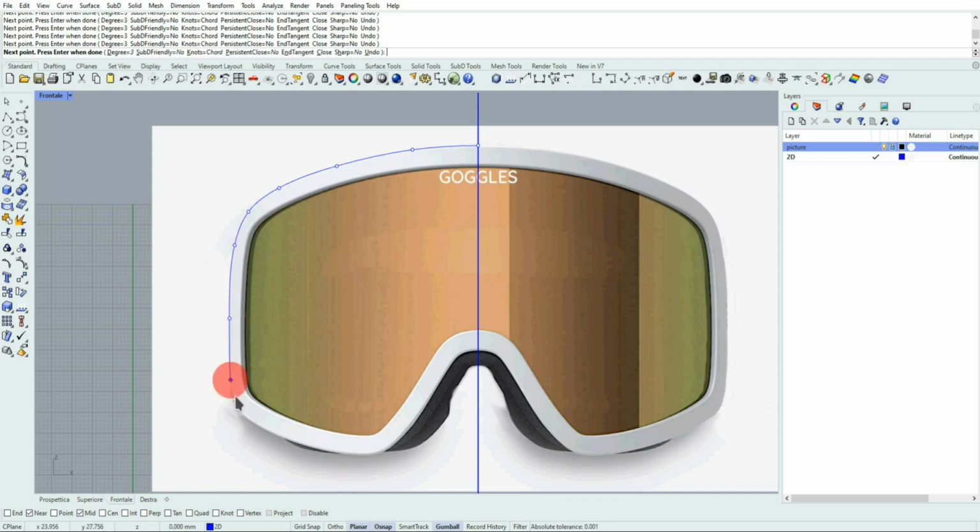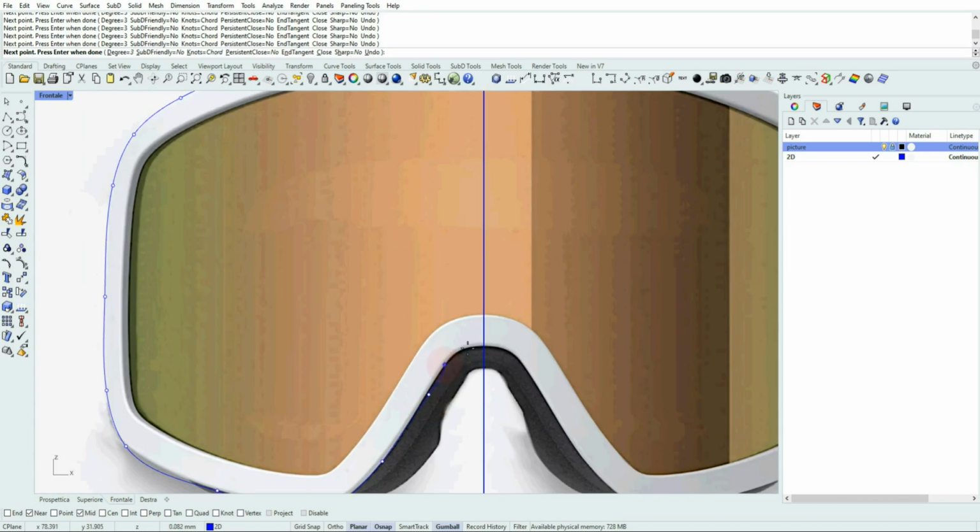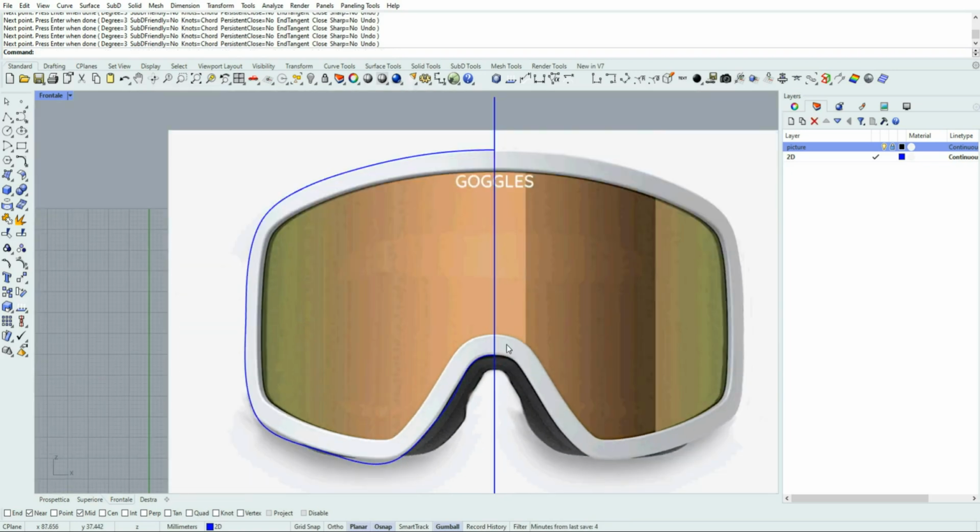Okay, let's try to use as few points as possible, because it's easier then to edit the curve. And the final point is also on the vertical line. Okay.